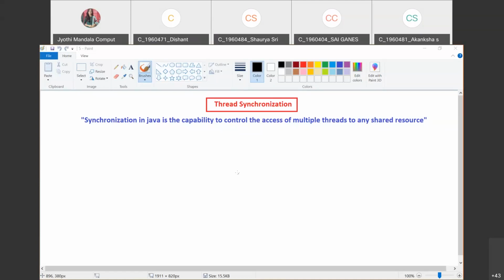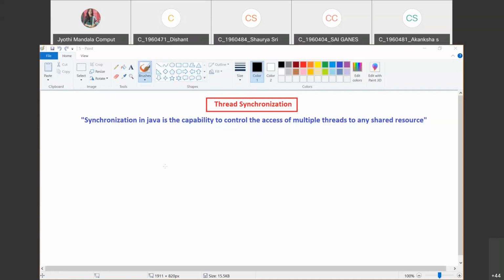Now, what is the requirement of controlling access to these shared resources? I'll take a simple example and then I'll let you know. To understand this concept, we will consider one shared resource. Follow carefully all that I'm telling. We'll take one shared resource and, to understand the concept, two threads. If the two threads are trying to use the same shared resource, then what is the problem we'll be facing, that I'll let you know.